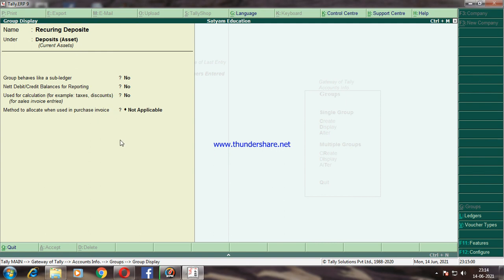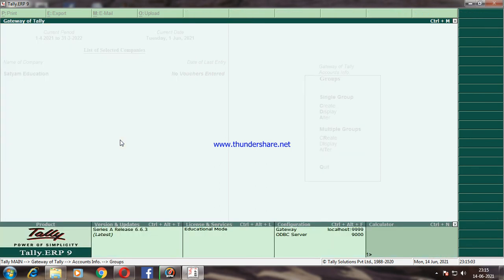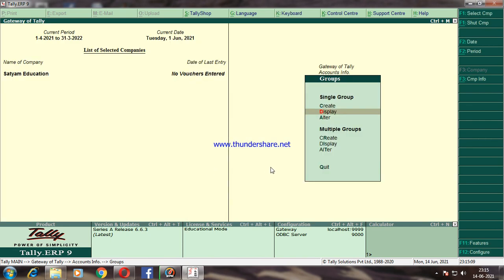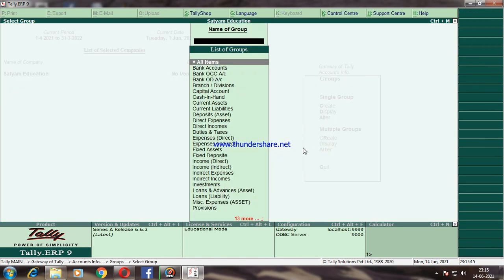So like this we may create multiple groups at a time and display such a group individually, or we may display multiple groups simultaneously from the main group. For example, now I would like to display multiple groups. Click on display and here select deposit assets.